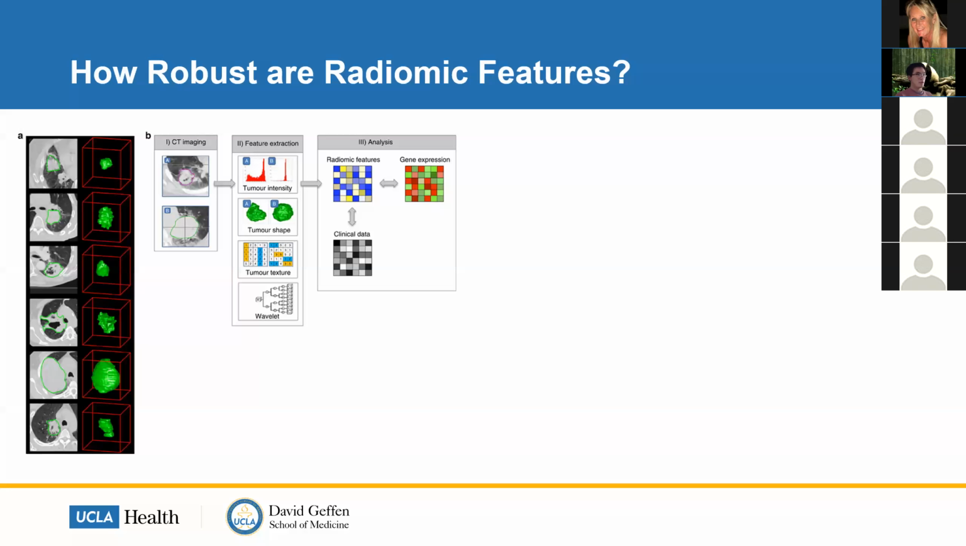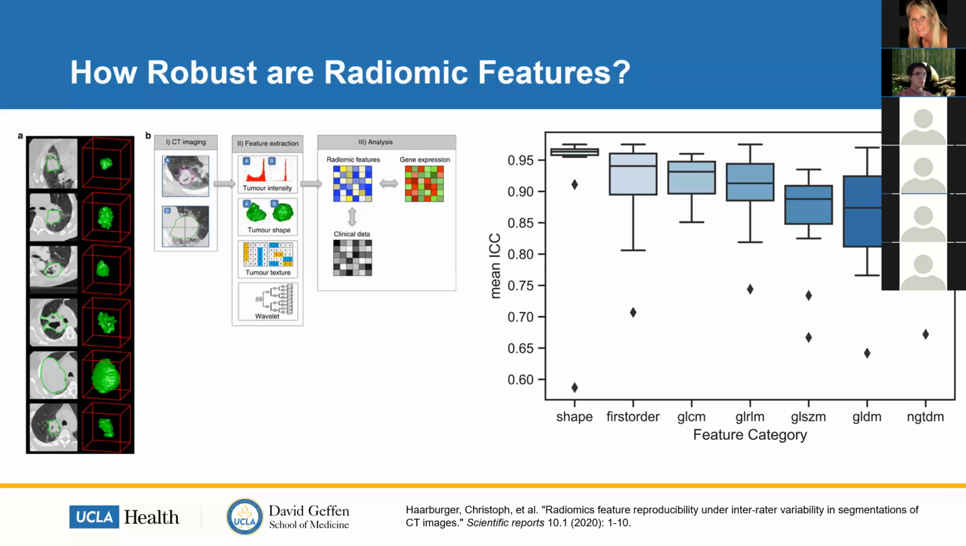However, as you can imagine, few are used in clinical practice. One significant barrier is the poor reproducibility of radiomics features. This is largely due to the variation in how CT scans are acquired and reconstructed, which has an impact on the outcome. This figure shows on the right the ICC, the intra-class correlation coefficient. Although the shape features are highly reproducible, the texture-based features such as GLCM are not so reproducible and